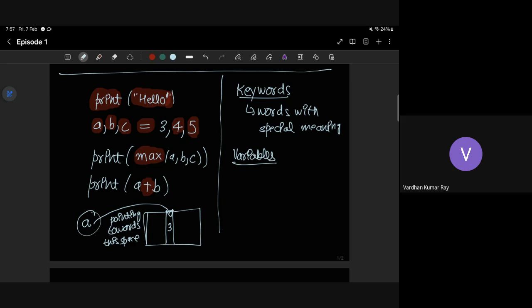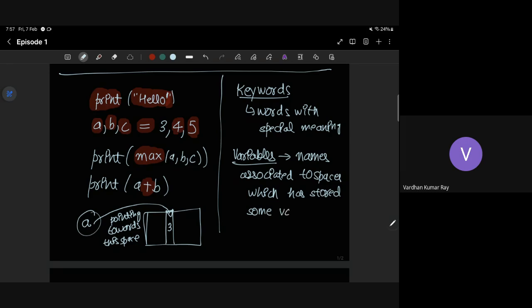Yes, so variables are just names associated to spaces which have stored some value, right? Those are just variables.